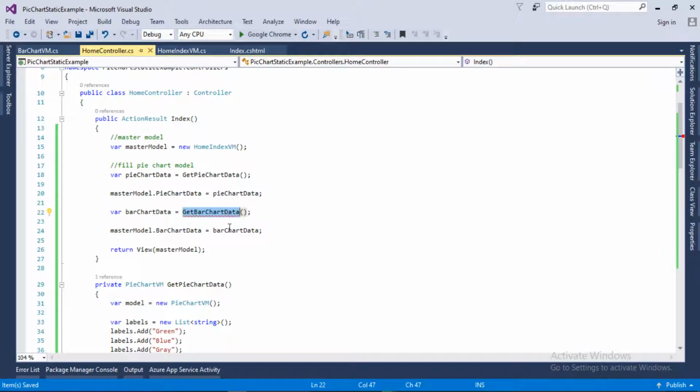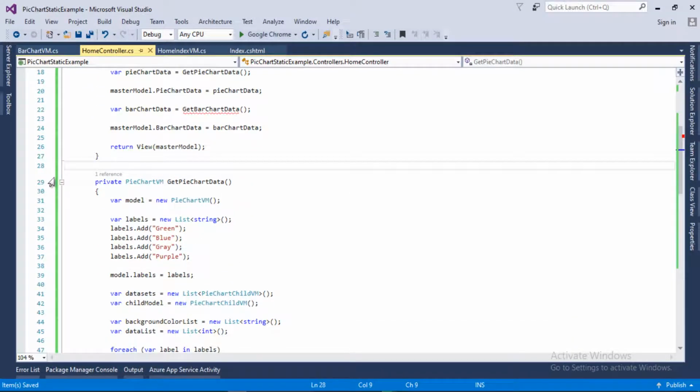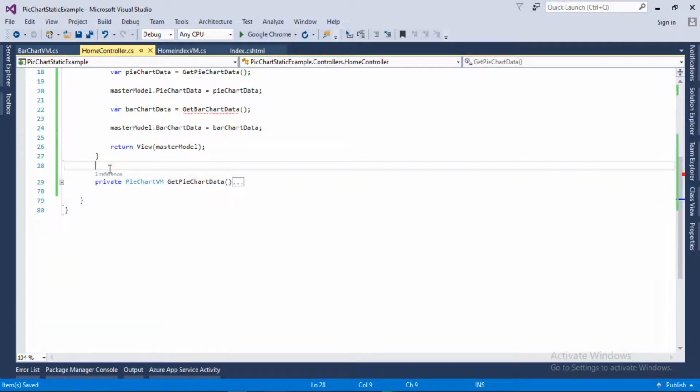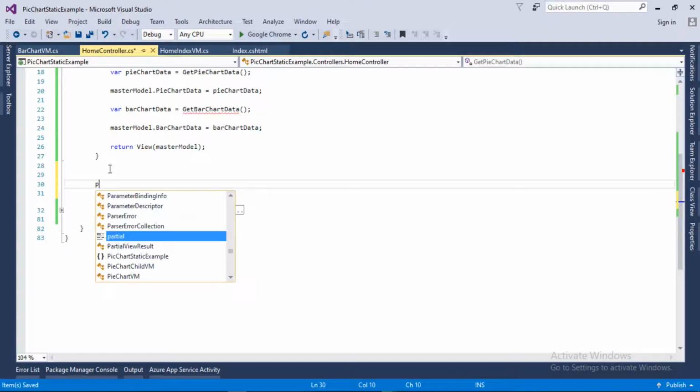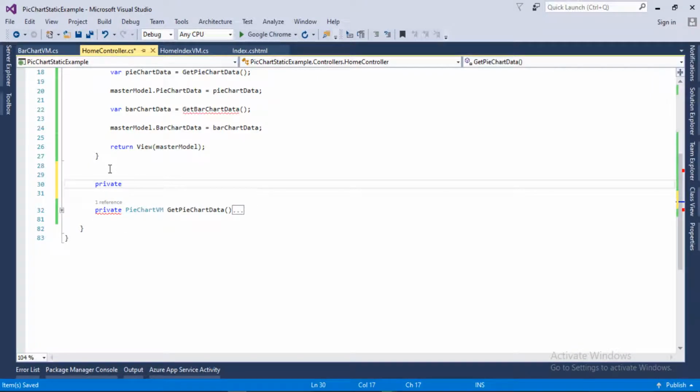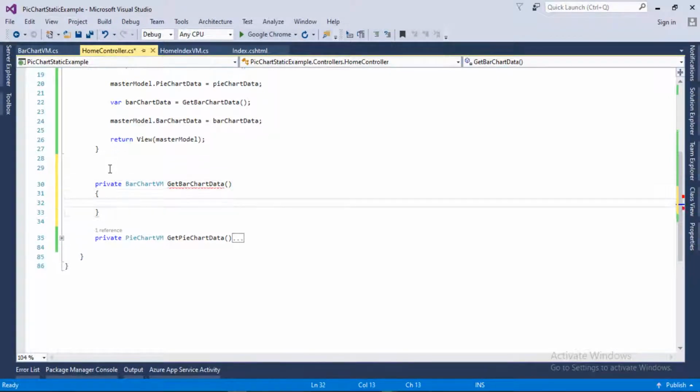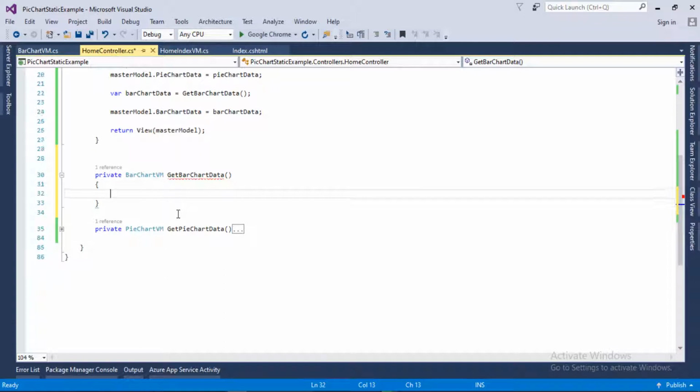I will collapse this and create a private method returning BarChartVM, name it GetBarChartData, and open and close the brackets.